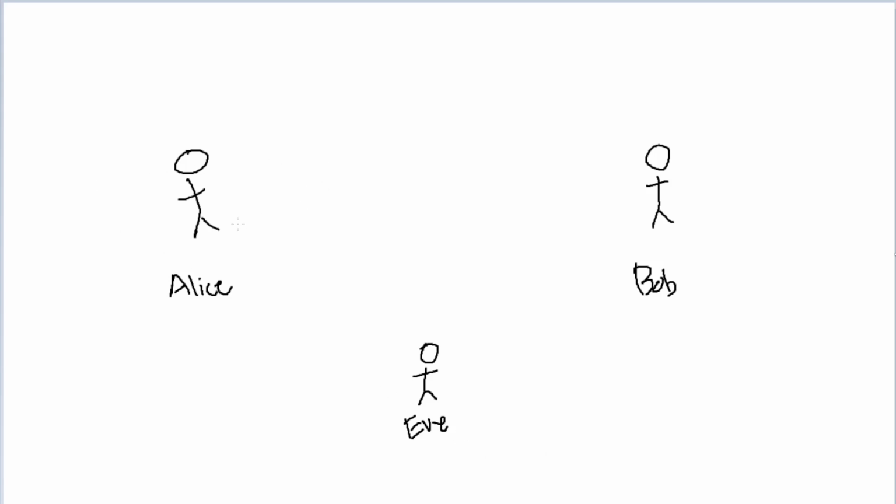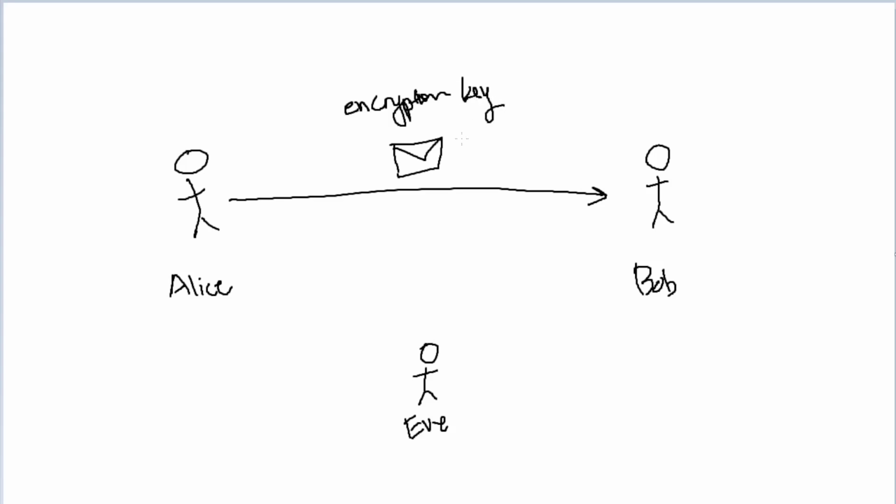In either case, Alice and Bob are saying, hey, we want to set up some sort of crypto system that can send encoded messages such that any outsider without what is known as the encryption key will not be able to listen in on this string of messages going between Alice and Bob.